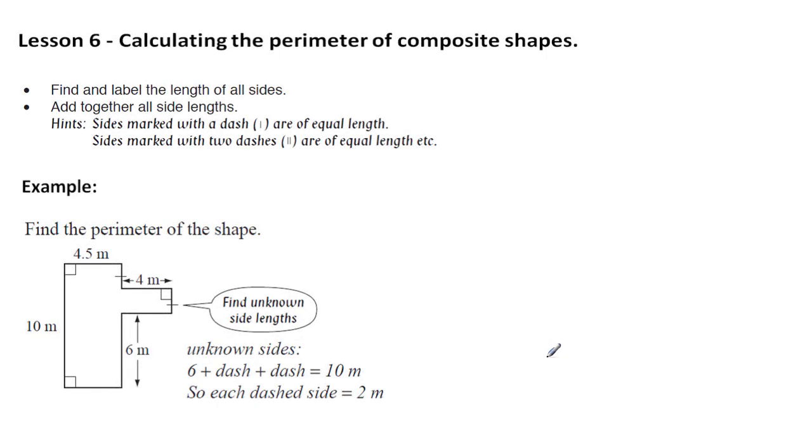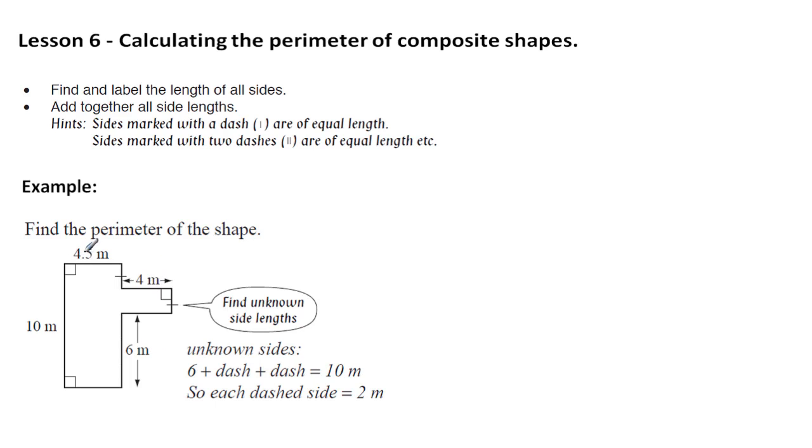When calculating the perimeter of composite shapes, the most important thing is to make sure you have labelled every single side with all the measurements that are needed. And then we just add them all together. Now in this example, we have a lot of different measurements that are given, but there are some that are